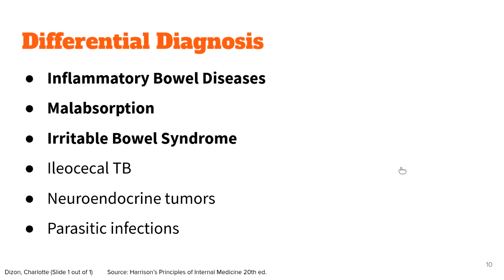Next is neuroendocrine tumor, which could include a metastatic gastrointestinal carcinoid tumor or medullary carcinoma of the thyroid. Although uncommon, Doc,